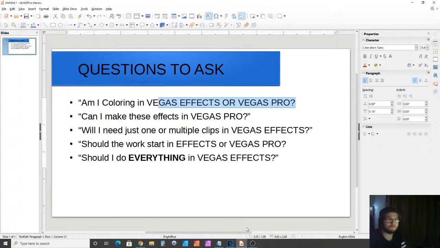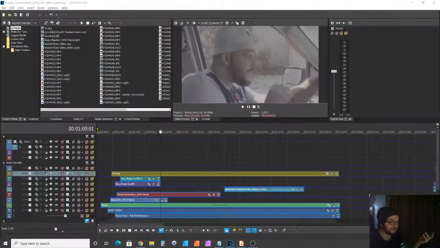The second thing that you might want to ask yourself is, can I make these effects in Vegas Pro? I mean, is it really necessary to send a clip and potentially go through a very processor intensive heavy procedure rather than just doing it all in Vegas Pro? So for example,